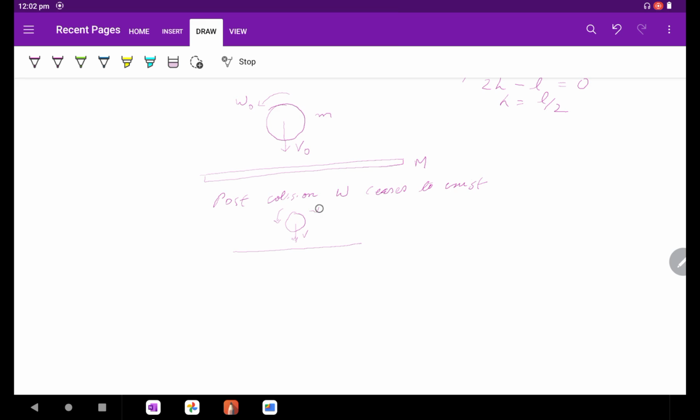They don't say a thing about omega, or they may ask what will be omega post collision. In that case, what we do, run of the mill kind of a situation, N dt is equal to 2mv naught